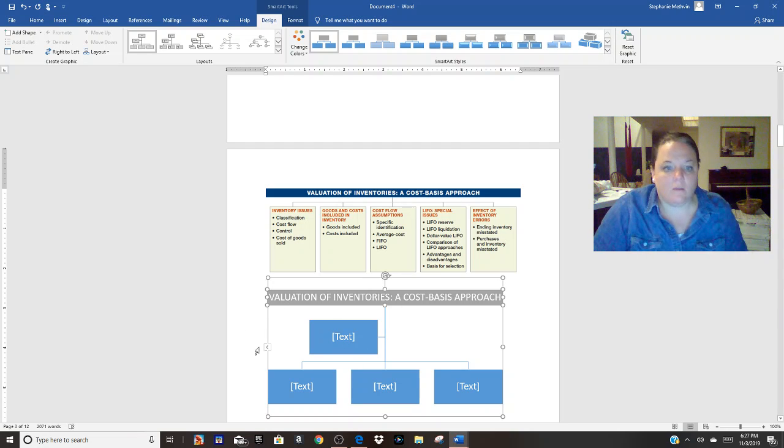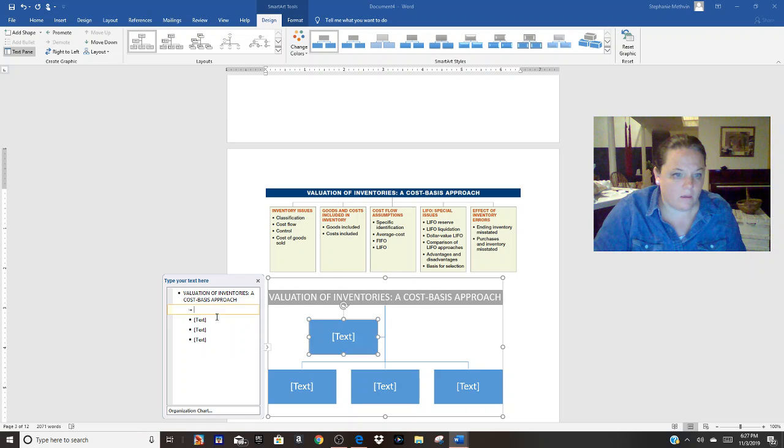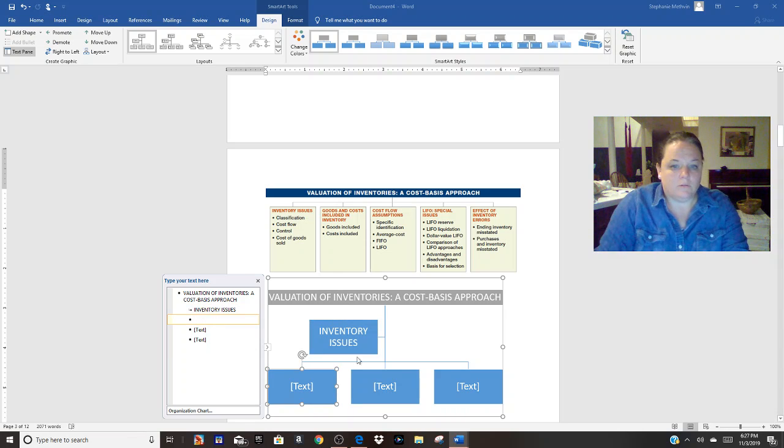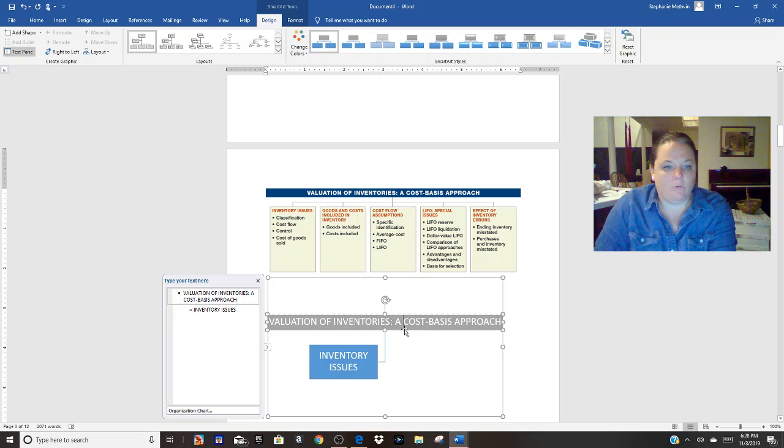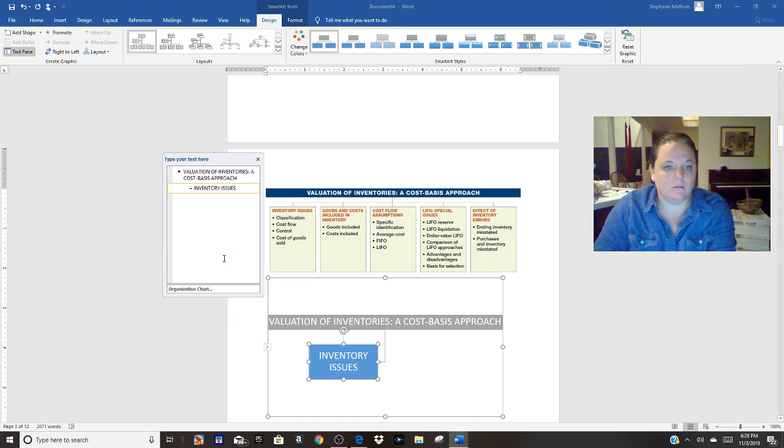Okay. Let me click on this little guy here. I want more pieces to this. I remember how to do this. I actually don't remember. Add a shape.